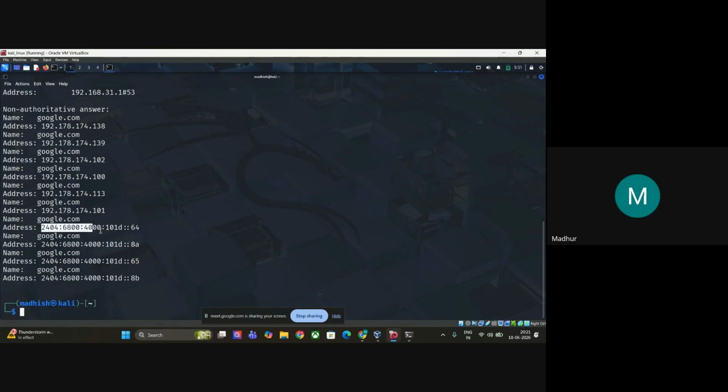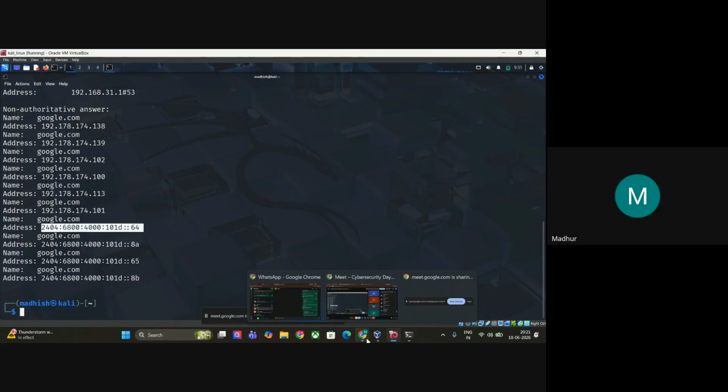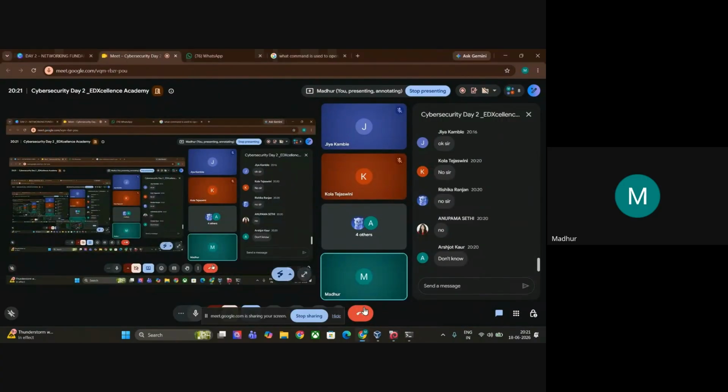And this is defined as an IPv6 address. This is the advanced version of the IP address. Okay, it is not easy to detect. Okay, got my point? Why are there multiple IP addresses? As there are multiple servers, and each server has its own IP address. Okay. Now the next thing,